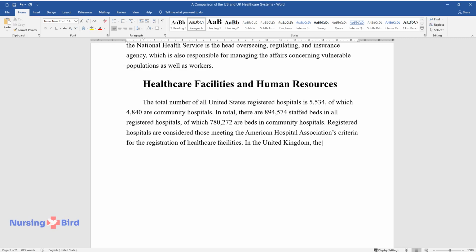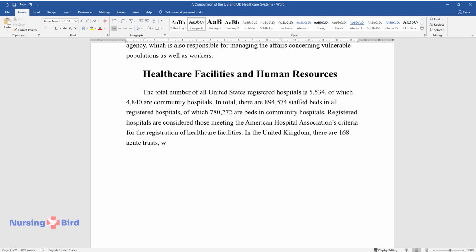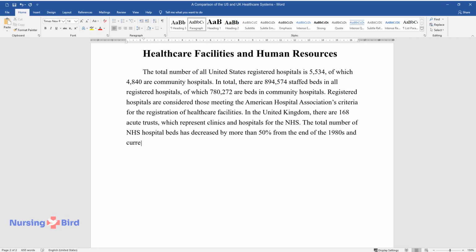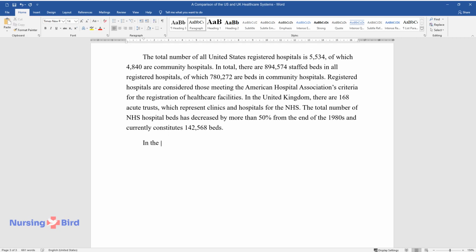In the United Kingdom, there are 168 acute trusts, which represent clinics and hospitals for the NHS. The total number of NHS hospital beds has decreased by more than 50% from the end of the 1980s and currently constitutes 142,568 beds. In the U.S., the number of nurses is continuously growing, and now there are